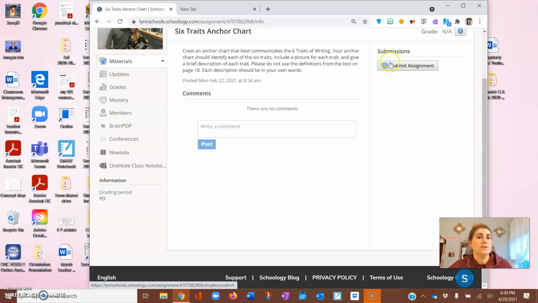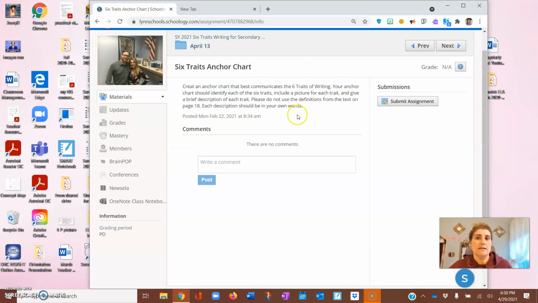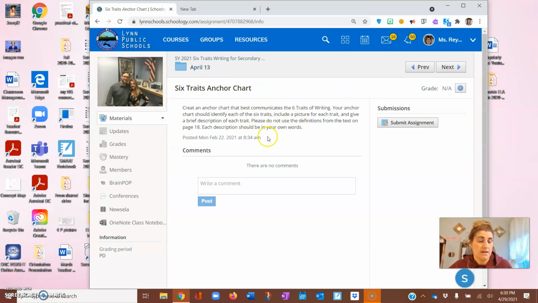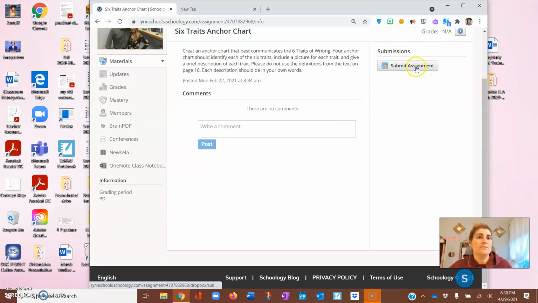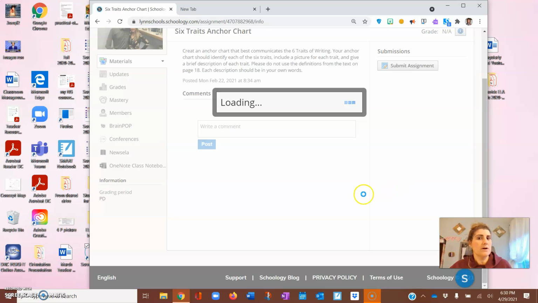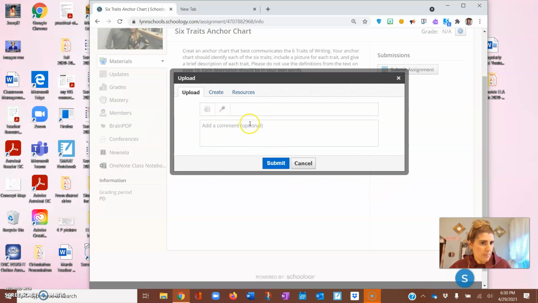So I am going to go ahead and click on, I'm in my assignment, okay? I clicked on the assignment, and then I'm going to go ahead and click Submit Assignment. Okay, once I click on that, I get this pop-up box. Okay, my first option that they have me in is upload. So for the situation where I'm asking you to upload the file of your MCAS practice results, this is where